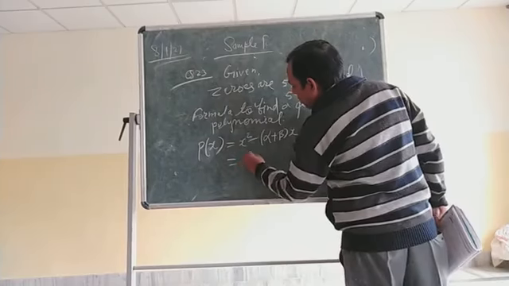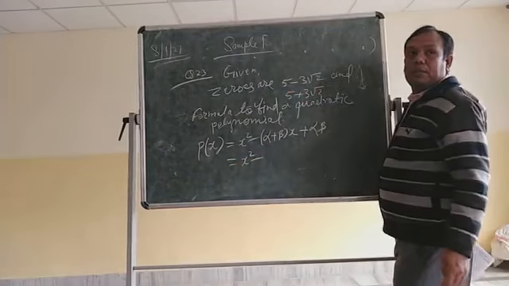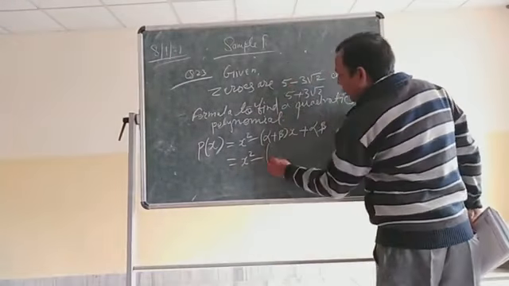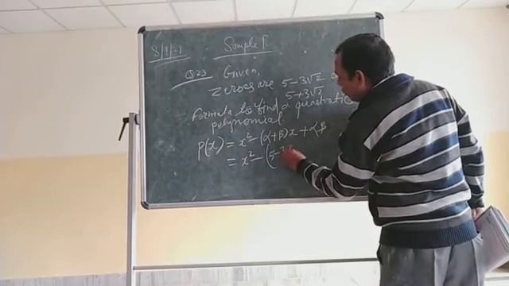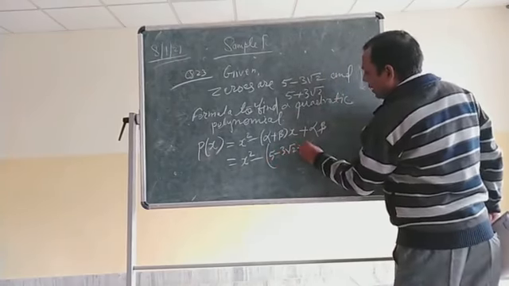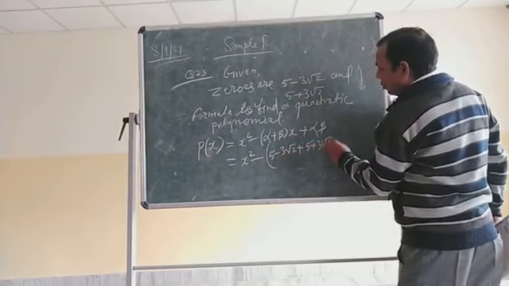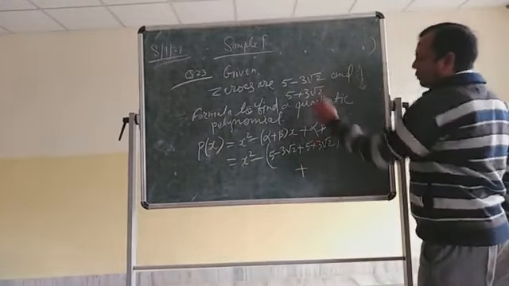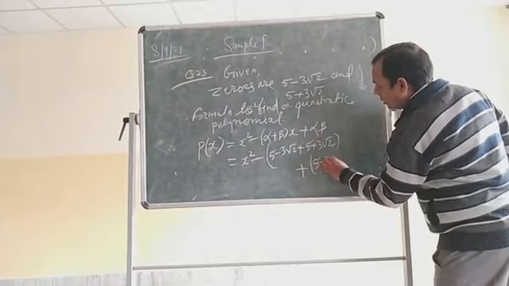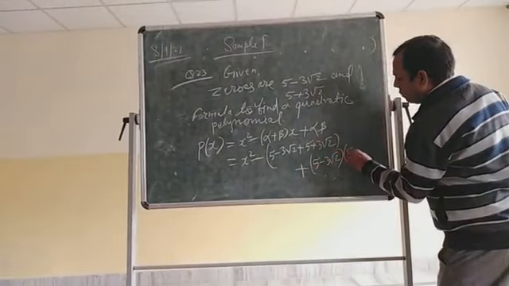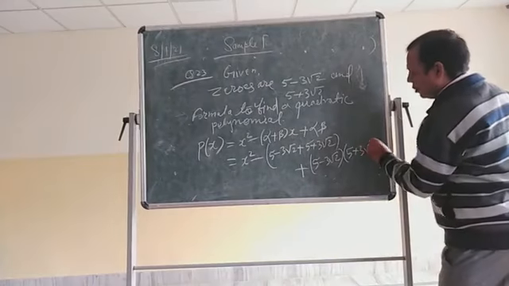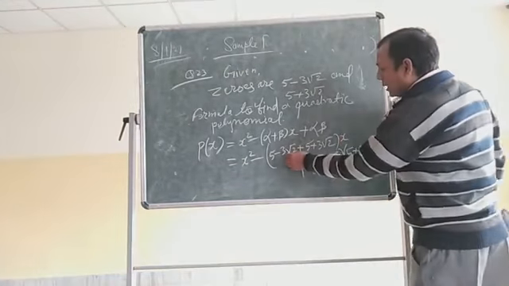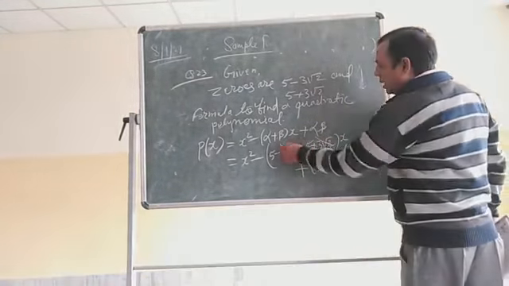So x square minus alpha plus beta, meaning sum of zeros. These are the zeros. What we will do here? We will write 5 minus 3 root 2 plus 5 plus 3 root 2. Got it? Yes, sir. Then what we'll do? Alpha into beta means product of this: 5 minus 3 root 2 into 5 plus 3 root 2, times x. So minus 3 root 2 and plus 3 root 2 will be cancelled.